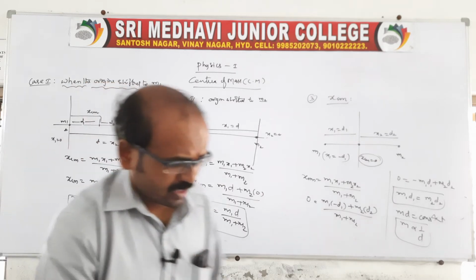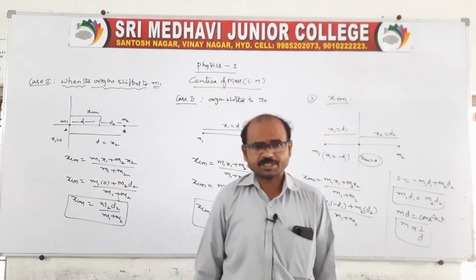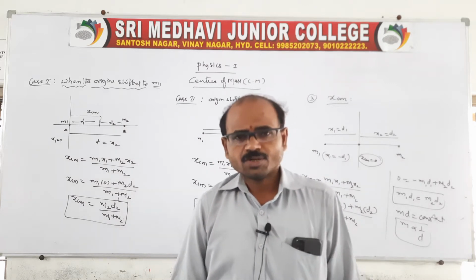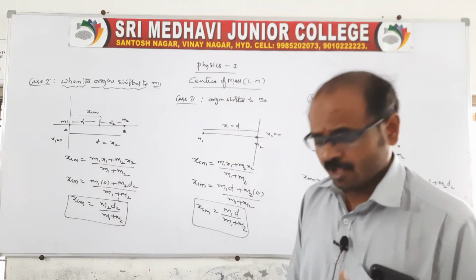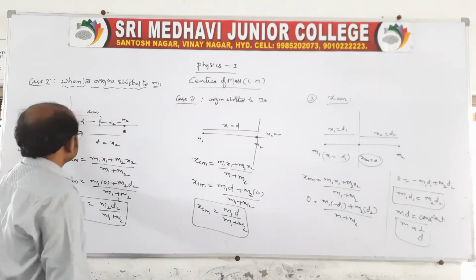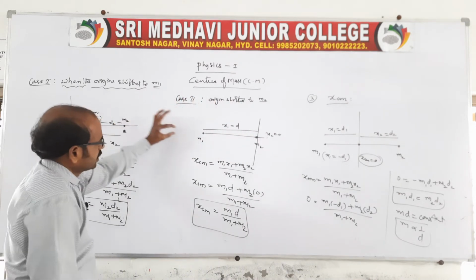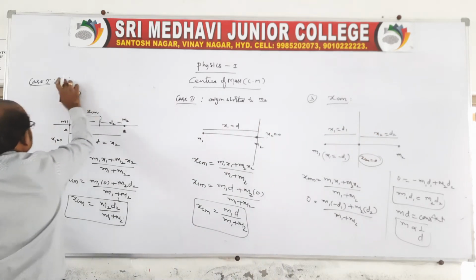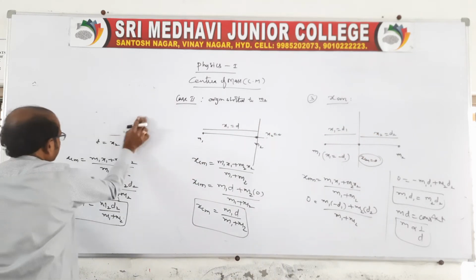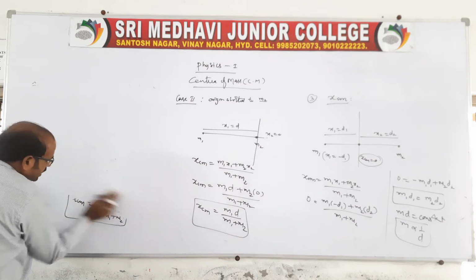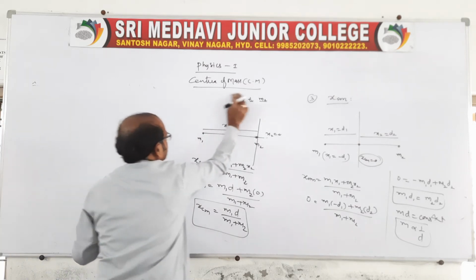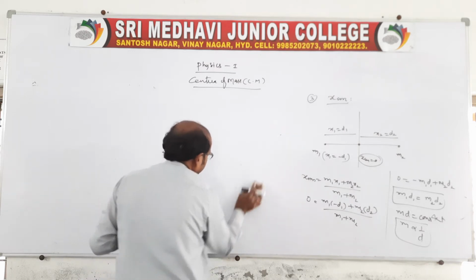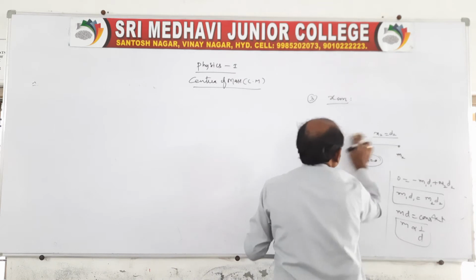Suppose now I will tell you about the case of two dimensions. Sir, what will happen in two dimensions? If I take two dimensions, it means a plane. For a line, it is only one dimension, along a straight line. Now let us go for the position of center of mass in case of a two dimensional plane.